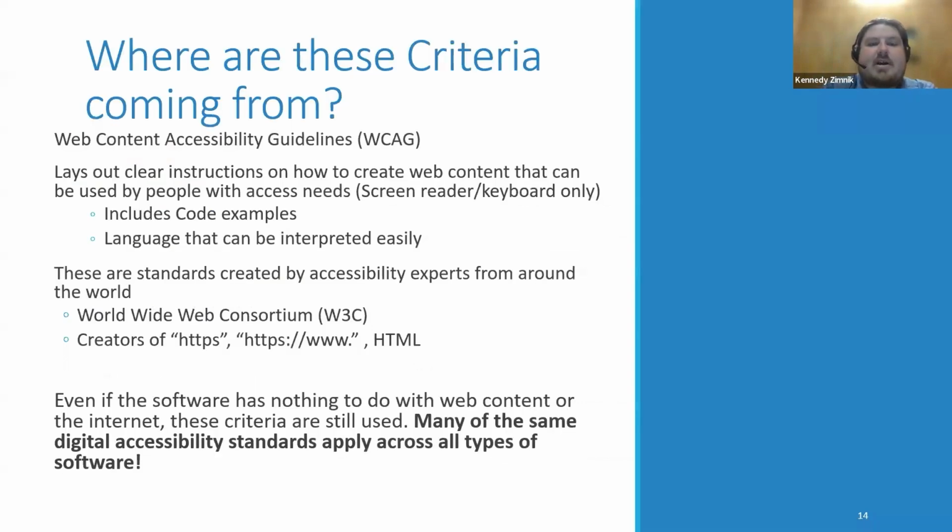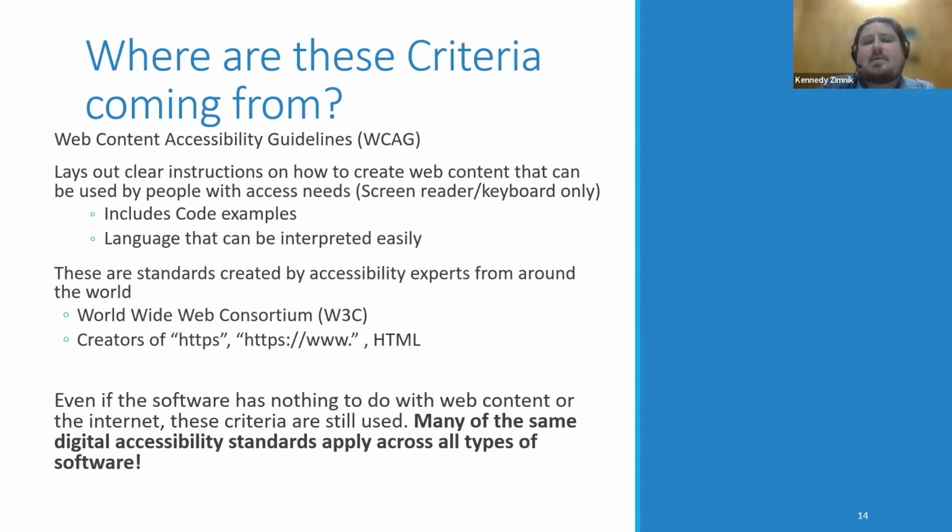So where are these criteria coming from? These criteria are coming from the Web Content Accessibility Guidelines, WCAG. Whenever you hear us say WCAG, that's what we're referring to. So WCAG lays out clear instructions on how to create web content that can be used by people with access needs, so people who use screen readers and keyboard only. For example, working at the National Federation of the Blind,